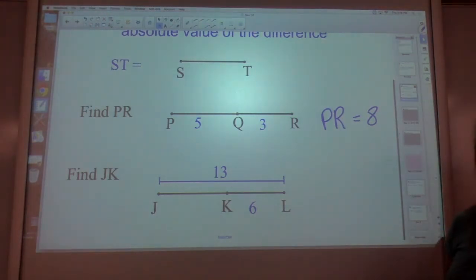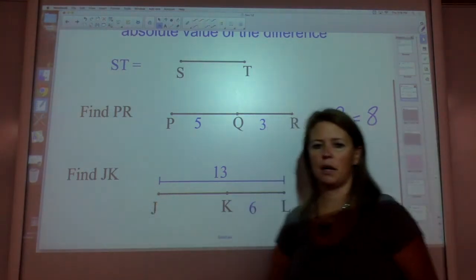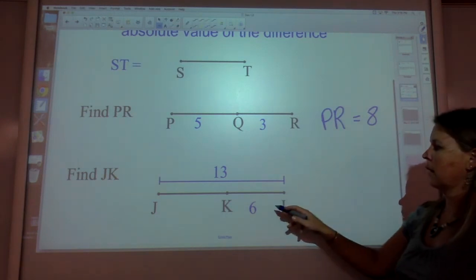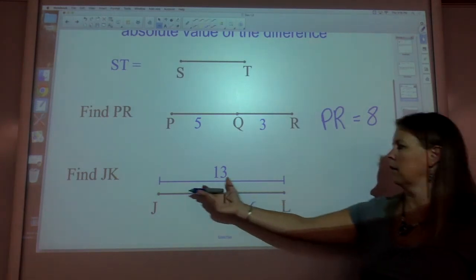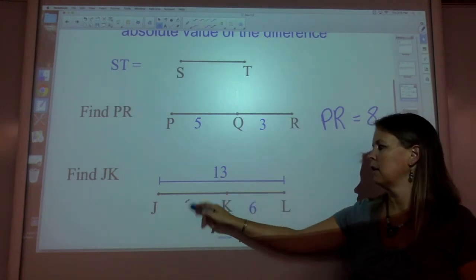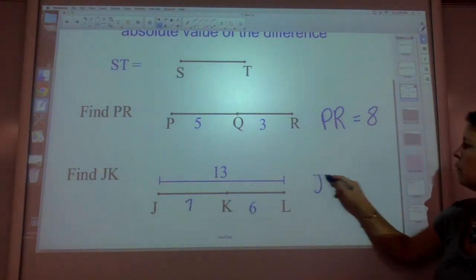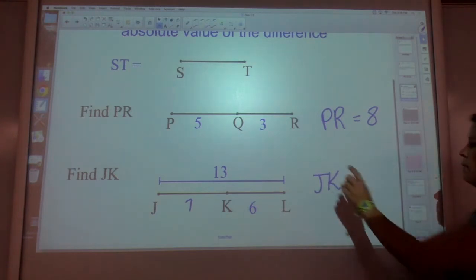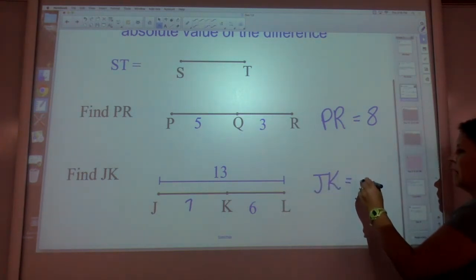Just kidding. I'm serious, but JK, get it? Just kidding. A little bit different. You got to do the math here. The whole entire thing, JL minus 6. 13 minus 6 is 7. We know that that distance is 7, but we will write our final answer as the measure of segment JK